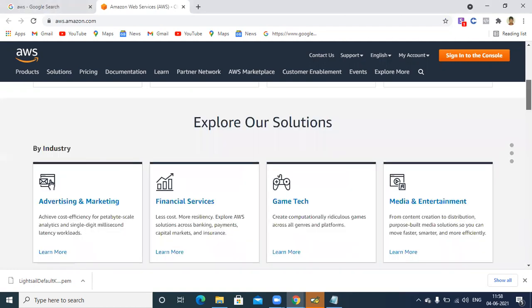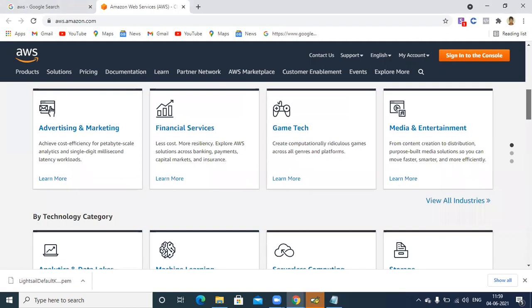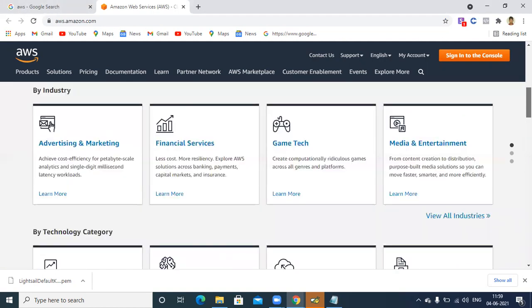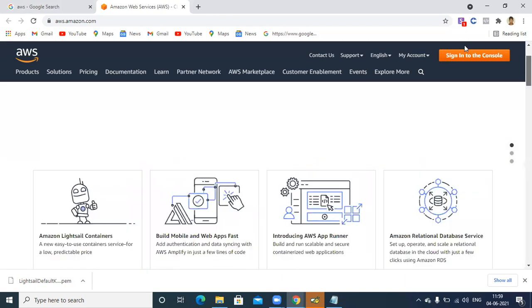Here it is showing explore your solutions. There are different types that we can create, for example industry, advertising and marketing, financial services, many things are there. You can create them. So this was the example. Now I am going to show you how I am going to create it and how to install WordPress here itself. So first of all, you have to click on sign in to the console.